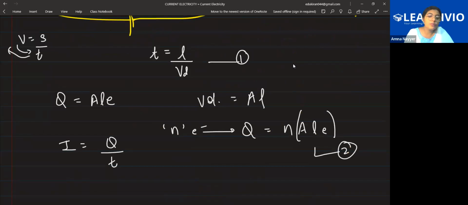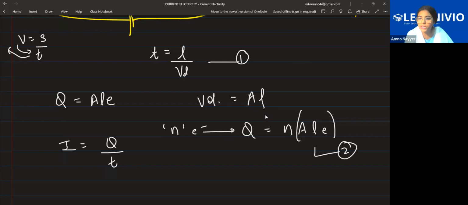See, we know the electronic charge is e. Now, that is for only a particular section. We want the charge for the entire wire in which it is moving. So the charge will involve area into length, that is volume. Volume for a cylinder is the area of the disc into the entire length. So volume is equal to area into length. So Q is equal to volume into electronic charge.